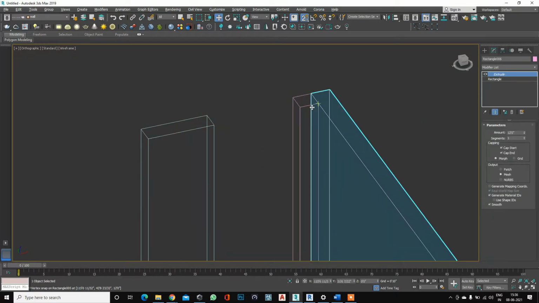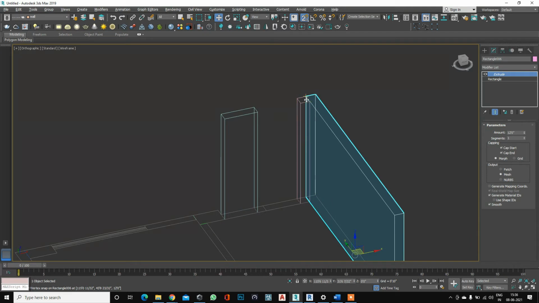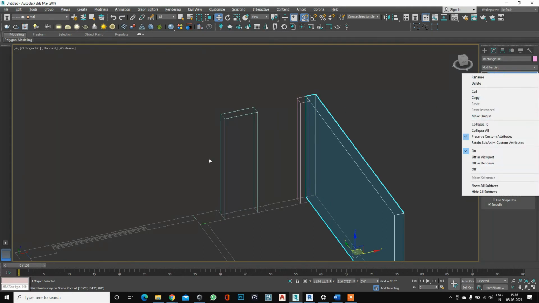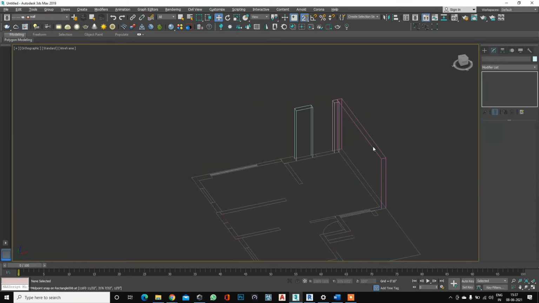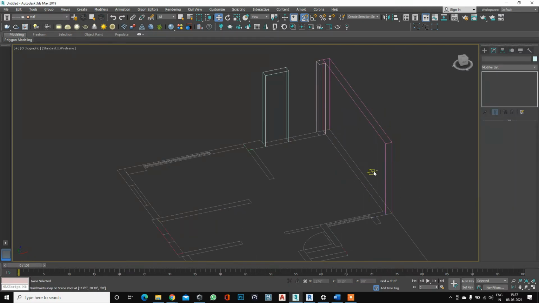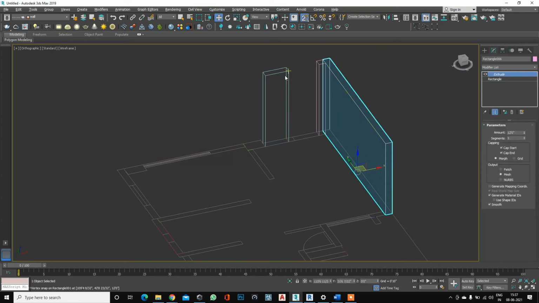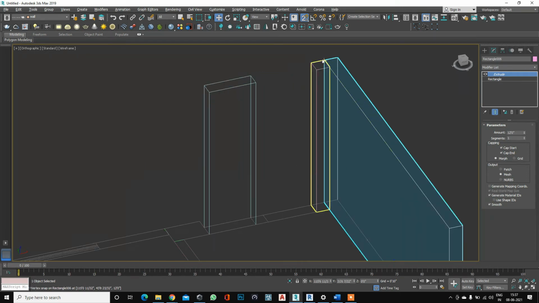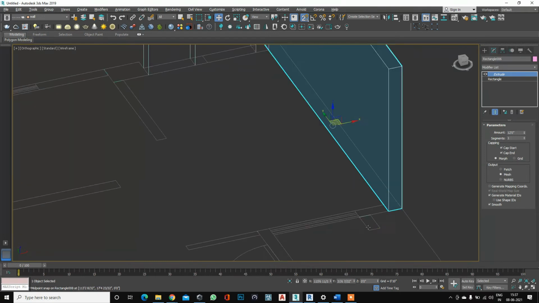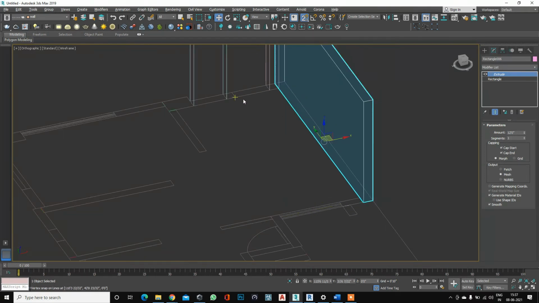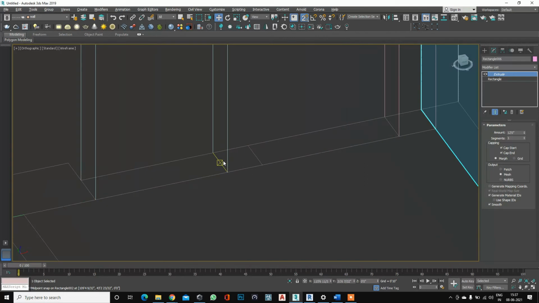If you know that after your modeling you need to change the height of this wall, then just use paste, not paste instance. But if you know that the wall height will not change anymore during the whole project, you can use paste instance. Paste instance has so many benefits. If you give material to this wall, it will automatically take this material. So paste instance is useful, but only when you know your whole project properly.